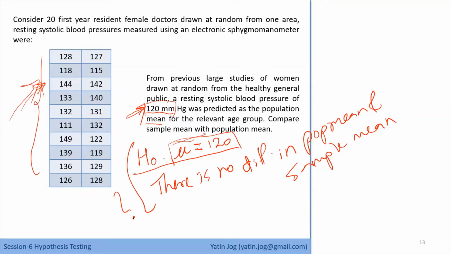Correct? So this is how you can form the hypothesis statements. In further problems, we will try to define more and more hypothesis statements, and more complex ones rather. This is a very simple plain one which is given to you, 120, which is a population parameter, and then it has to be the H naught. So it's a straightforward hypothesis statement.